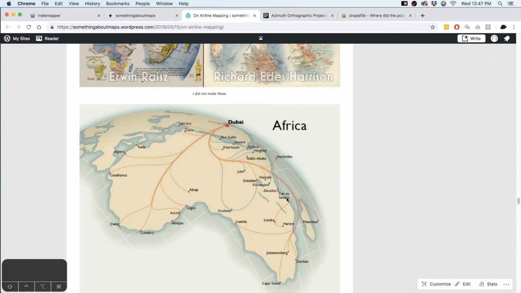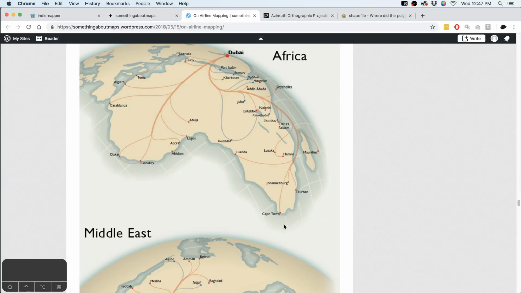The same thing too, these buffers around Africa here. If you notice, they actually compress as they get farther back. In Illustrator, I could have just done a little offset, made these shapes a little bit bigger or given them a thick stroke. But the problem is that the stroke doesn't get thinner toward the backside of the globe like it should. So I actually have to go into ArcMap or QGIS or something like that and calculate buffers just so that the effect looks right. Honestly, that's probably a detail that most people would never notice. It would probably look just fine under most circumstances, but again, I like to obsess about the tiny details at times.